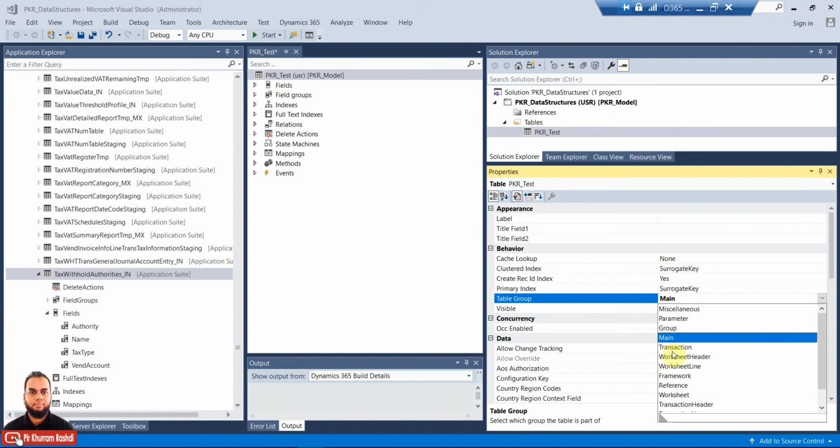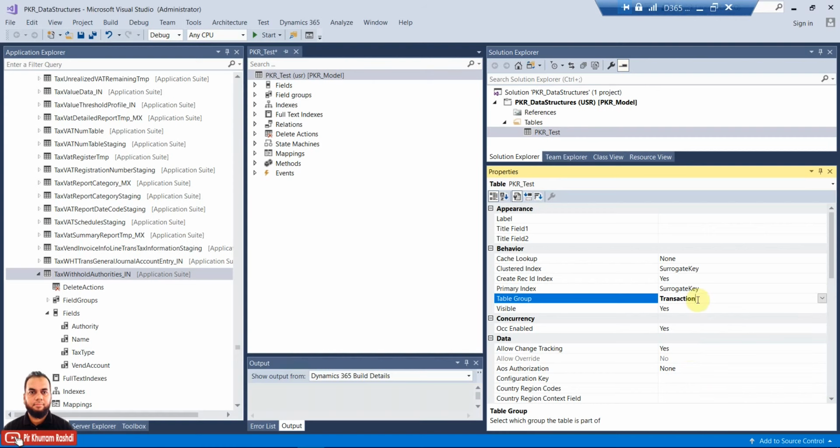Now what about the transaction? Basically, transaction will have the simple list and detail with standard tabs. This is used for tables such as the inventory transaction table. That will have only a single table, not a header and a line.